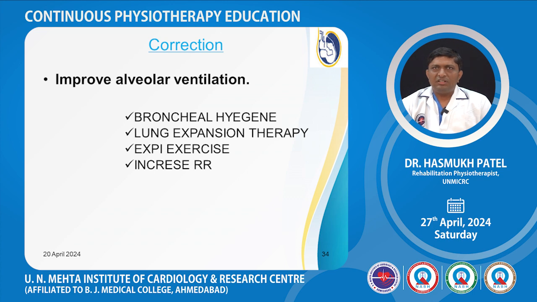If the patient is on an O2 mask or is not on a ventilator, then we have to give some bronchodilator to loosen the secretion, and also give good chest physiotherapy like percussion, vibration, basal expansion therapy for bronchial hygiene. For lung expansion therapy we also use spirometry, which is also a good exercise to improve the ventilation. If the patient is on a ventilator, we can also give chest physiotherapy and then do suction to improve the alveolar ventilation. So, these are the techniques used to decrease the PaCO2 level in the body.